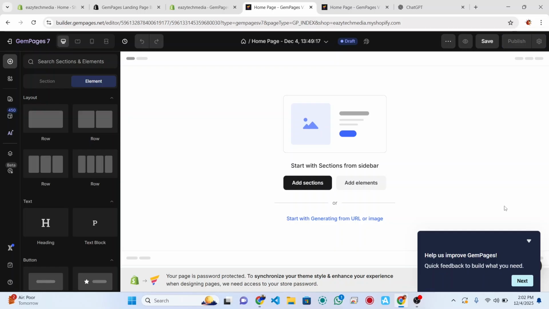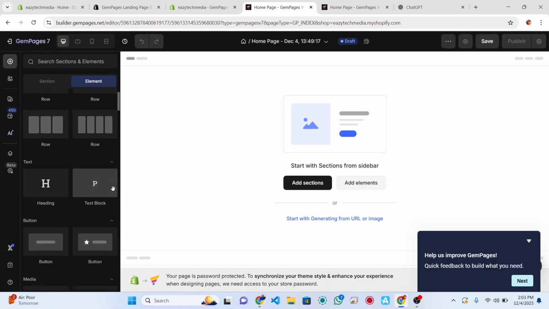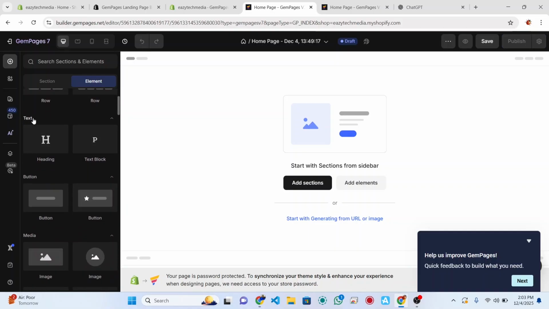When you want to design your page using GemPages, see this element here, a row element we have for your layout. You see, the header here, the title here is layout. Okay, use it basically for a layout. Your layout serves as the foundation of your page. Yes, basically the layout, how you want your page to look. So you use the row element. You have the two row element, single row element, three row element, four row element,